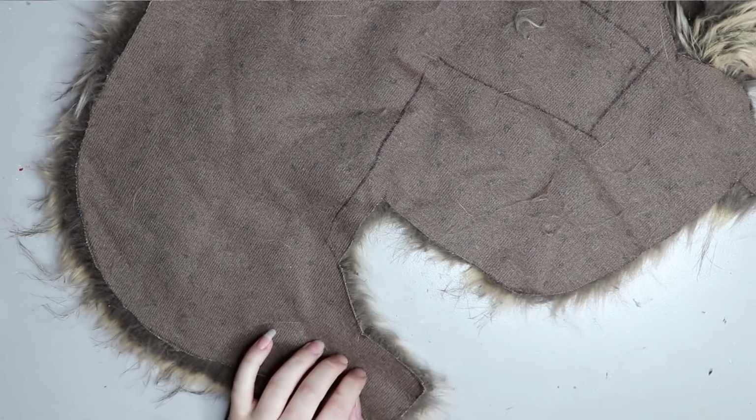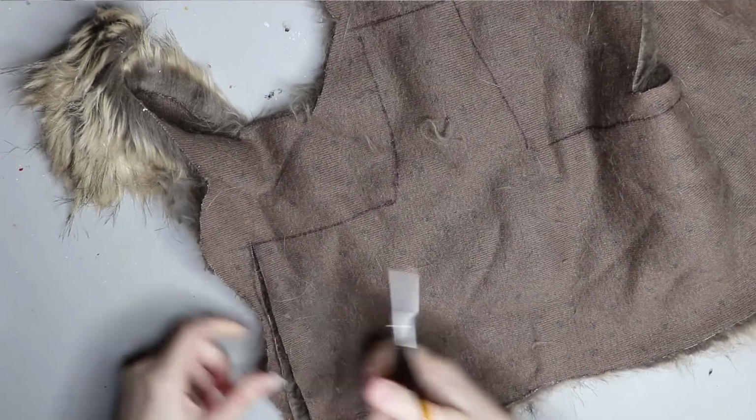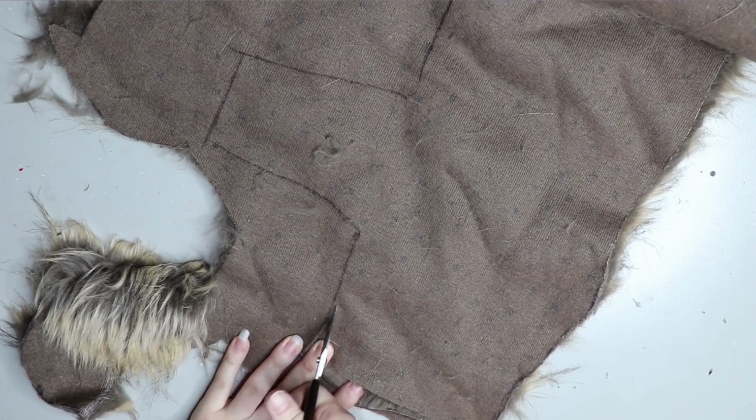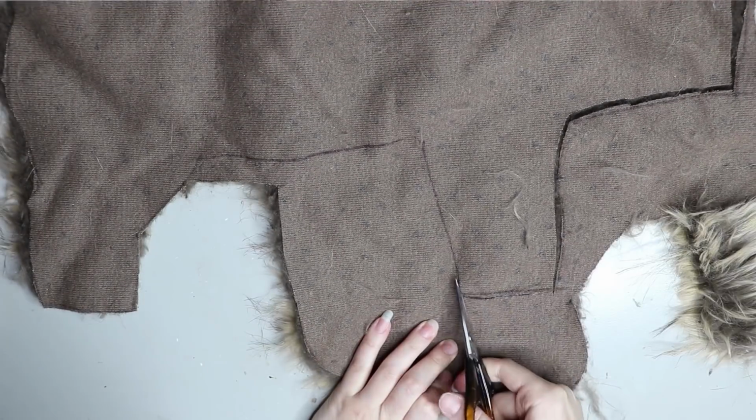Patron. What are they called? Alright, so once I have cut all these pieces out, I then pin it together, first side together, and I sew it up on the sewing machine. And I prefer to use the sewing machine because I find it's a lot quicker and it's a lot stronger,